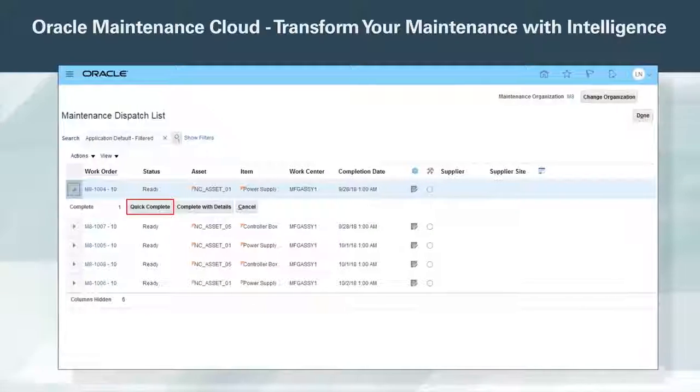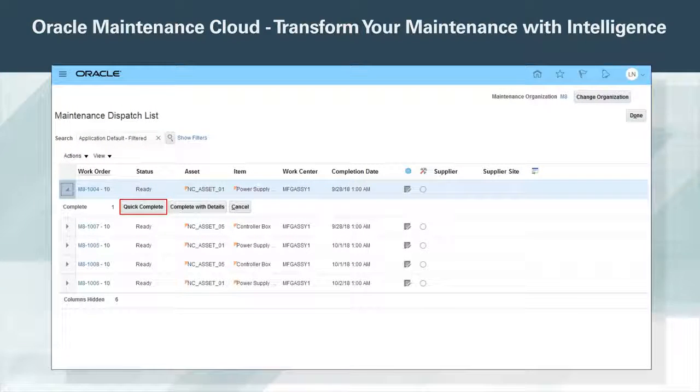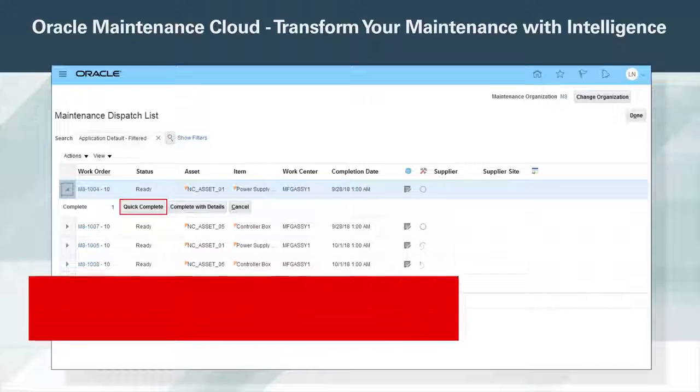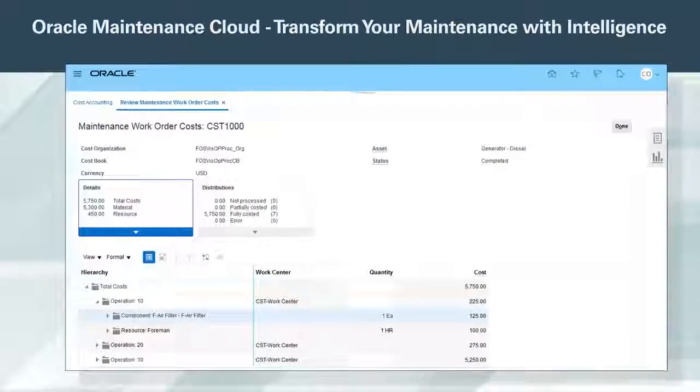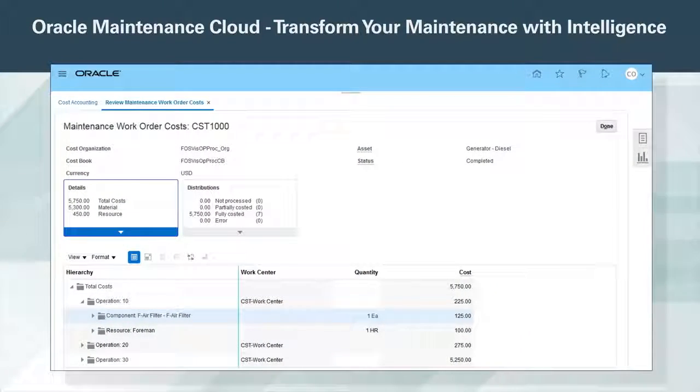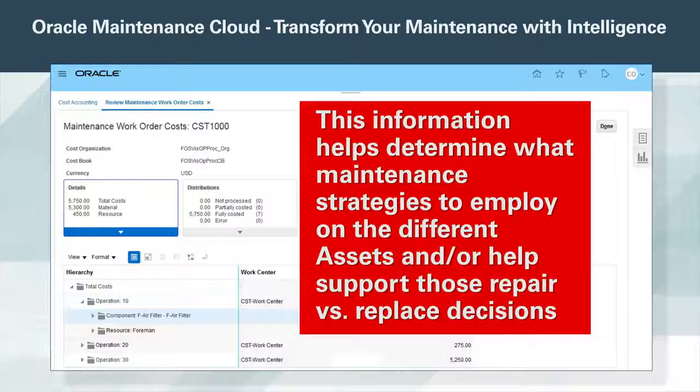From the dispatch list, the maintenance technician can easily review and update the operations they are responsible for completing. With just 2 clicks, the operation is done, saving them time. Plus, Maintenance Cloud is designed for a ruggedized tablet for work on the go. Maintenance Cloud tracks where and on what assets maintenance is spending money. This information helps determine what maintenance strategies to employ on the different assets, and/or help support those repair versus replace